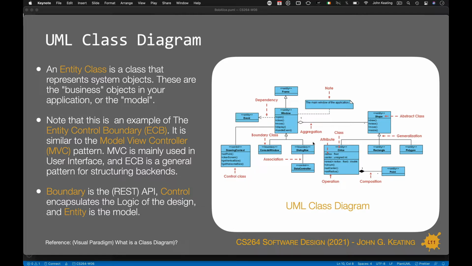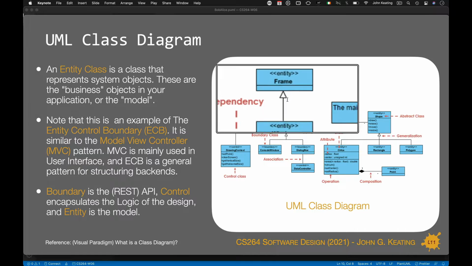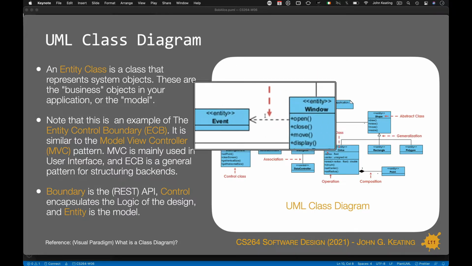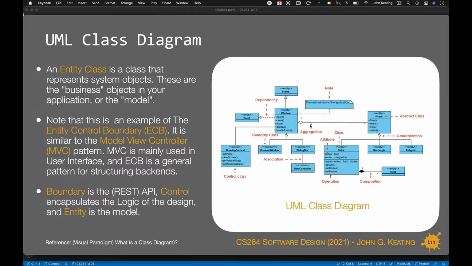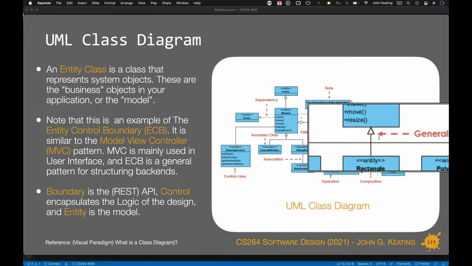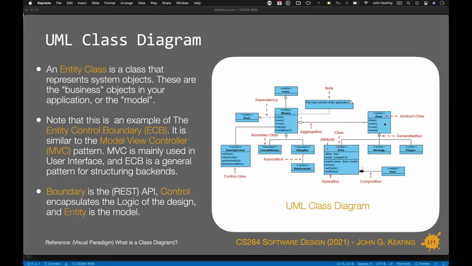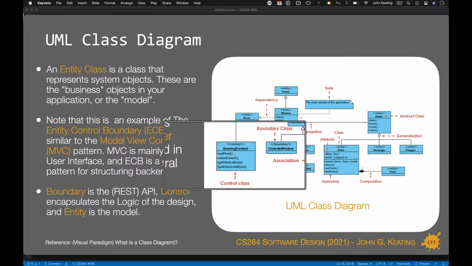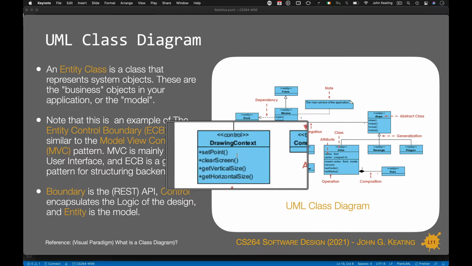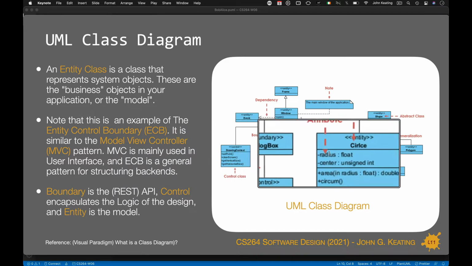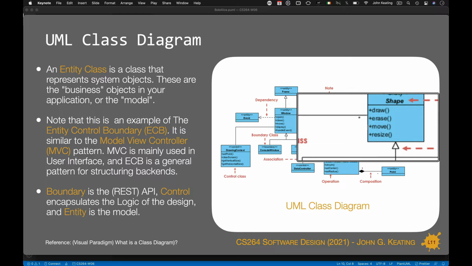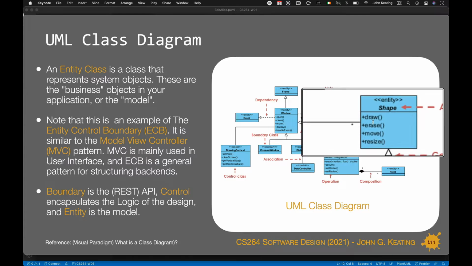Now, we saw lots of examples of class diagrams in the lecture the last day, and we saw pretty much everything we needed to know about how the various objects and classes are created and how they relate to each other by way of dependencies, associations, and aggregations. We saw about generalizations, we saw about abstract classes, and we also saw a little bit about what happens inside the class. So here, for example, we have a class called circle, which extends a class called shape,